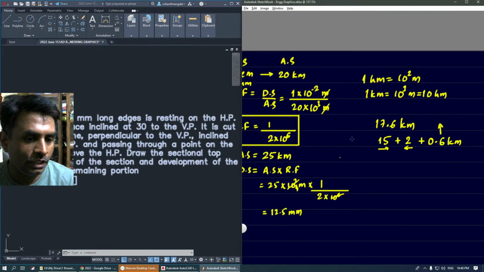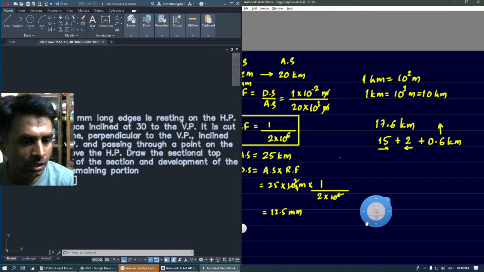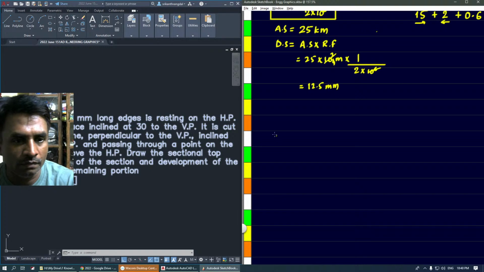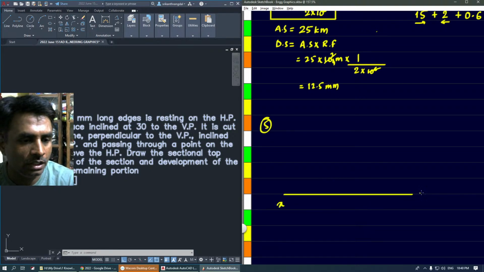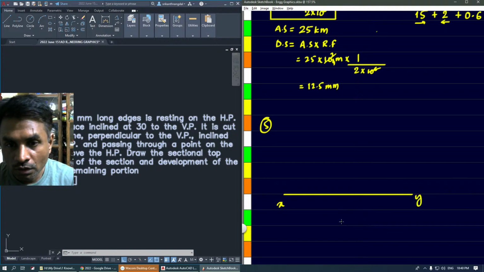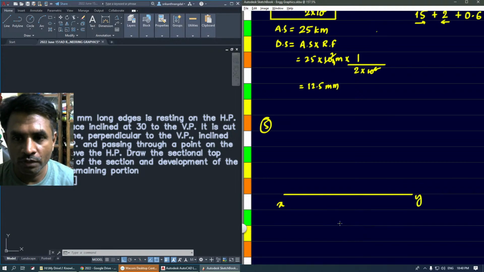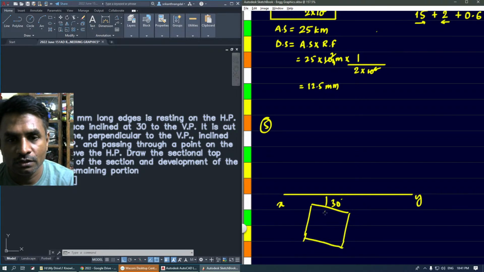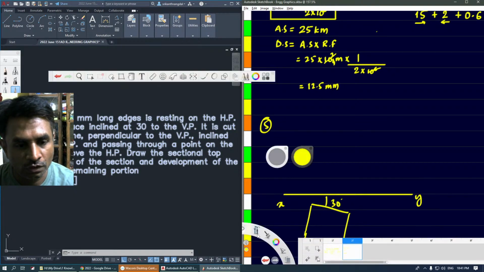So this is problem number 5. So this is, let us say, the XY line. One of the vertical faces is at 30 degrees, so we have to start drawing this at 30 degrees. We actually need to complete this square. And after completing the square, we just need to take